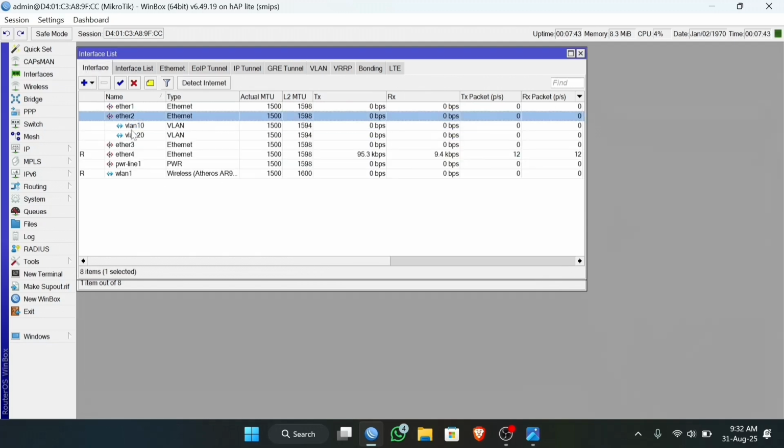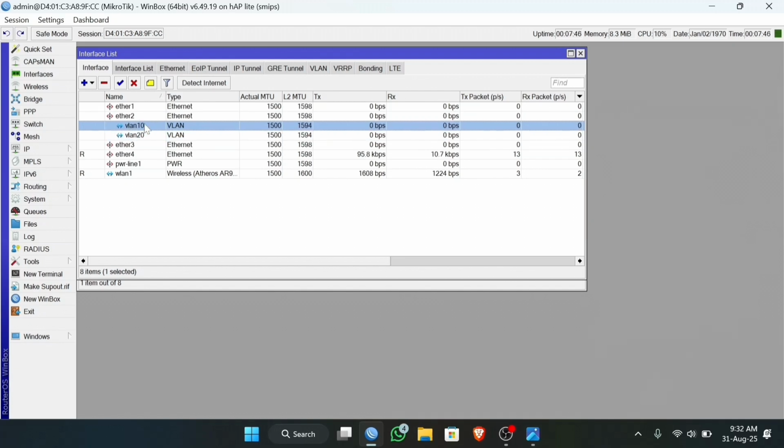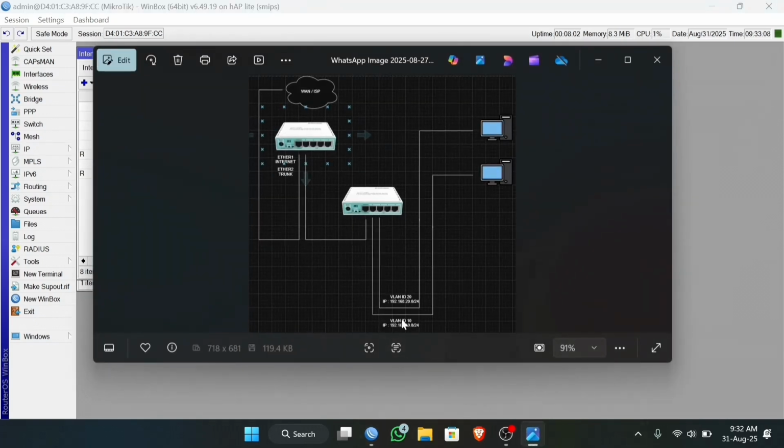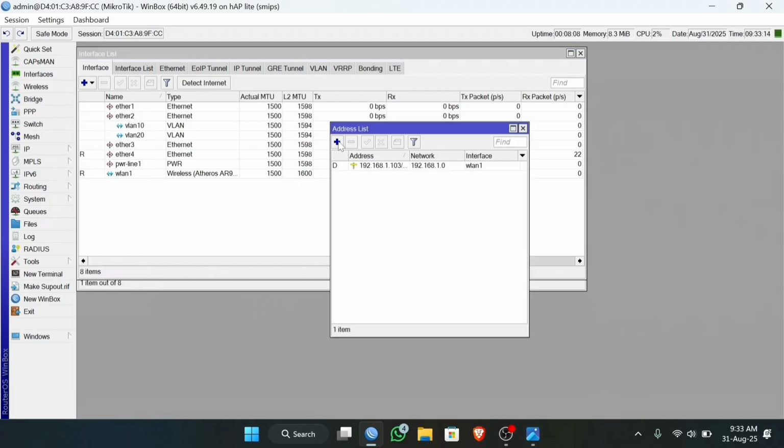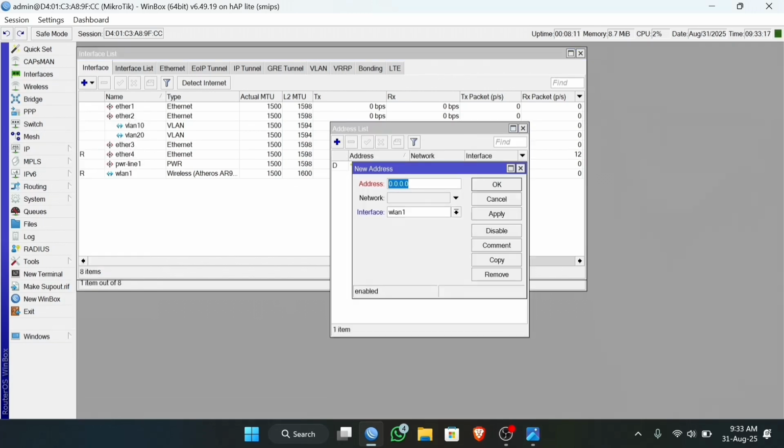The Ethernet 2 will show the VLAN down here. After that, we will make IP addresses in every VLAN, like in the topology here. So we click IP and then Addresses. We click Add Address. We will fill it like this, /26. We make this for VLAN 10, then click Enter or OK.